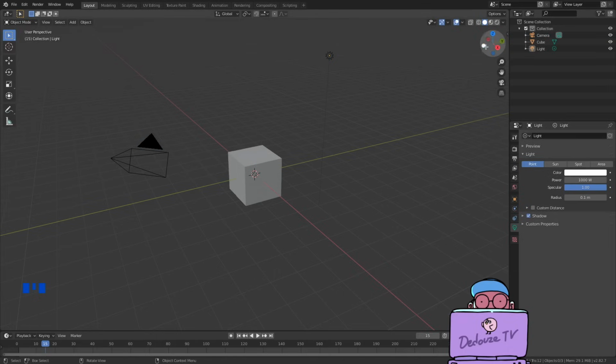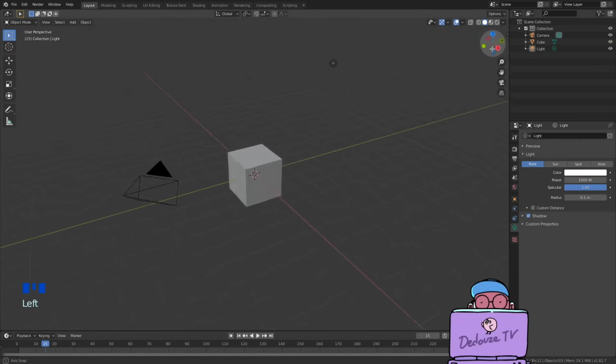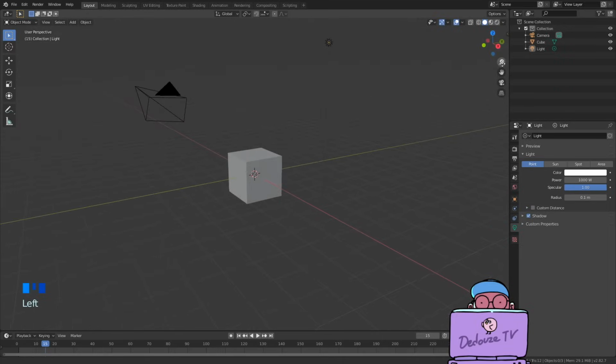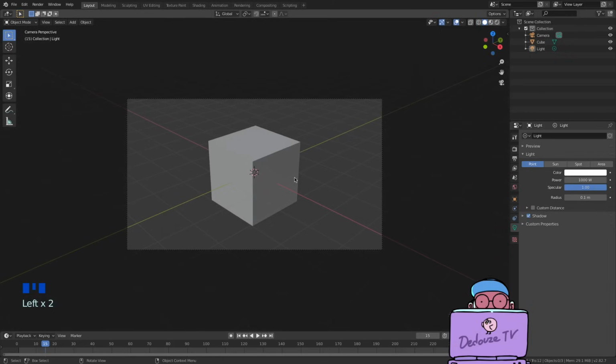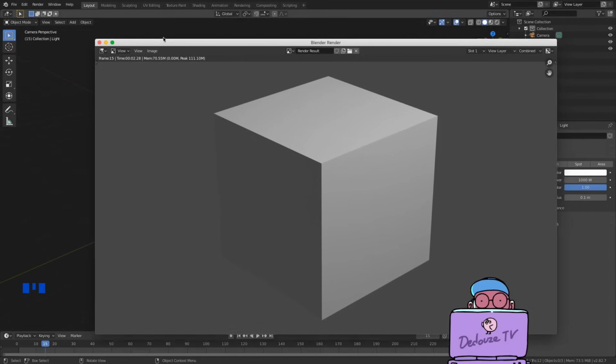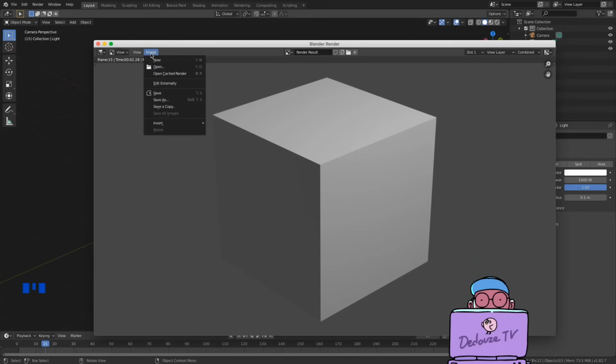Now, how to navigate in space? If you drag the mouse in this little sphere, you rotate the viewport. If you drag in this magnifier, you can zoom out and zoom in. On this hand, you can slide left, right, and on this, you go inside the active camera. This camera is actually the point of view from where your image is going to be exported. When you click on render here, you export the image that is seen from the camera, and you can save it as an image or a video file on your computer.